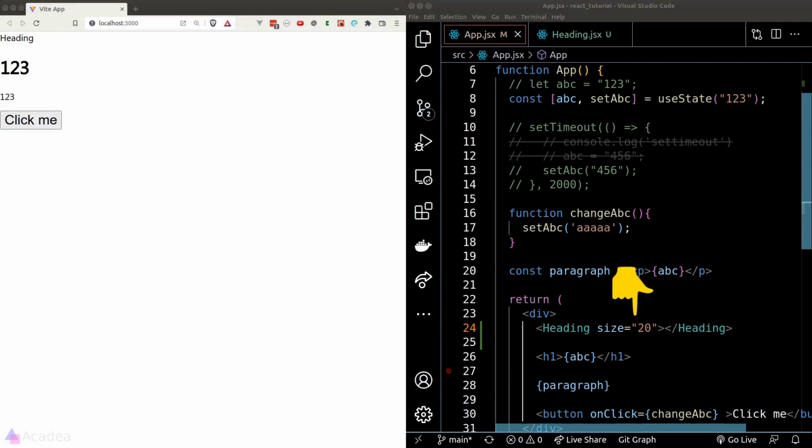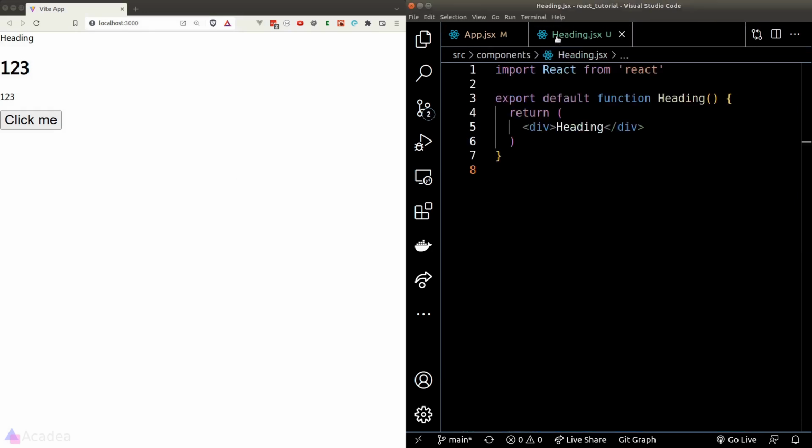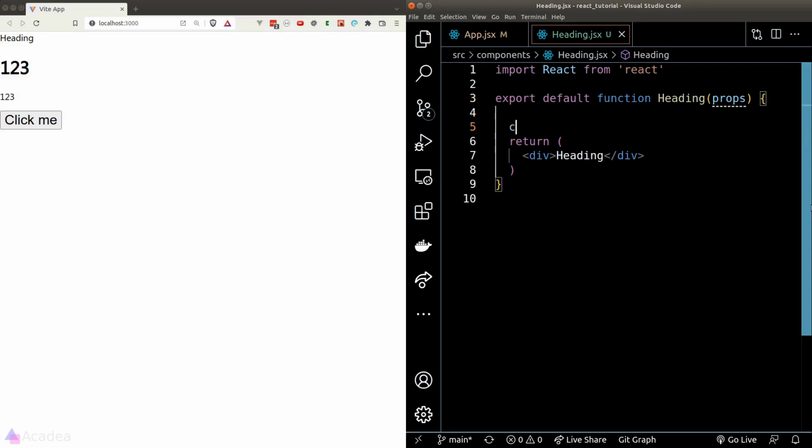As you can see here, it looks exactly like an HTML attribute. We are essentially passing additional data into our React component. And that means we need a way for the heading component to receive the incoming data. The answer is inside the function argument. Every React component will receive an argument which will contain all the props that were passed to this component. I'll show you what I mean. If I console log out the props,